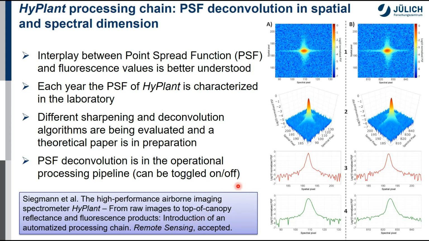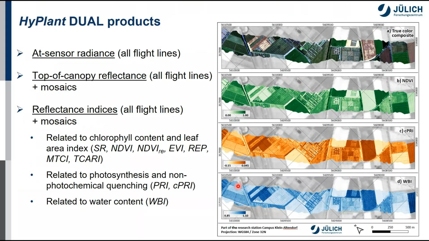It should come out every day. I was checking just a minute before because I expected it to come out really every day, but it's not there yet. But as I said, there's quite some hardcore image processing behind it, until we reach the point where we can work again with the data, meaning at-sensor radiance, relative reflectances, and then also the traits in terms of vegetation indices